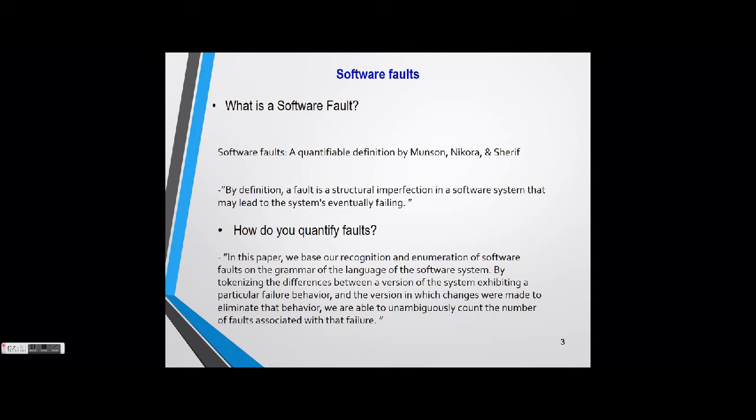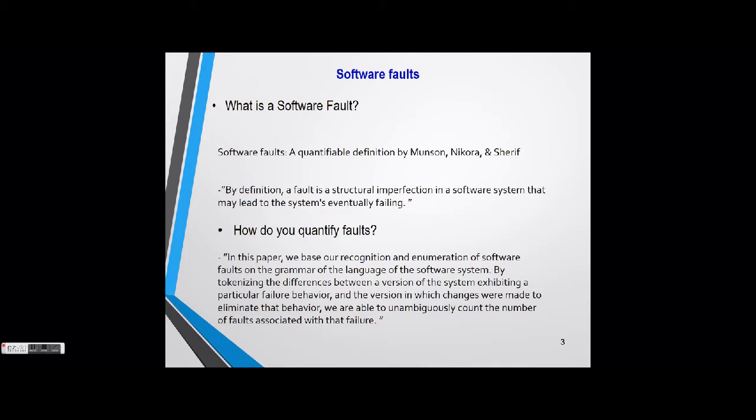So how do you quantify faults? Well, I was just reading from the paper itself. In this paper, we base our recognition and enumeration of software faults on the grammar of the language of a software system. So if you've taken Dr. Ligotti's compilers class, which I highly recommend, it's a great class, we talk about grammar of programming languages. So, for instance, in this paper, you're mainly dealing with syntax errors, something that violates what constitutes a valid token